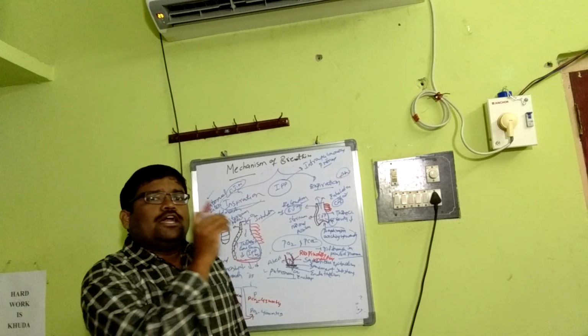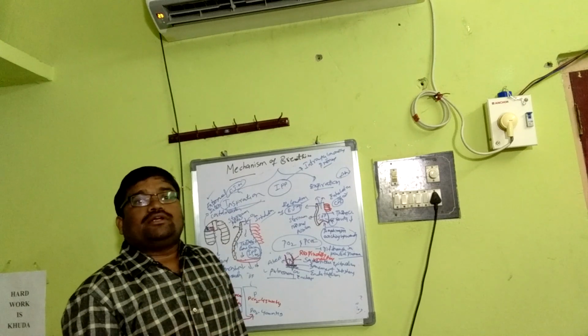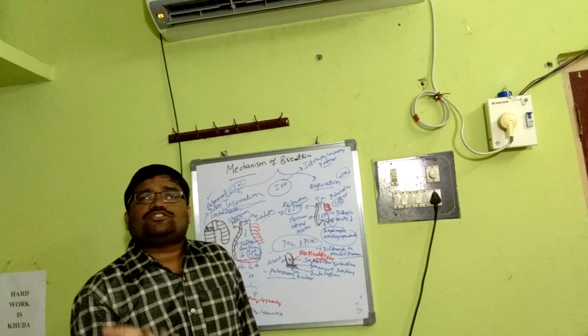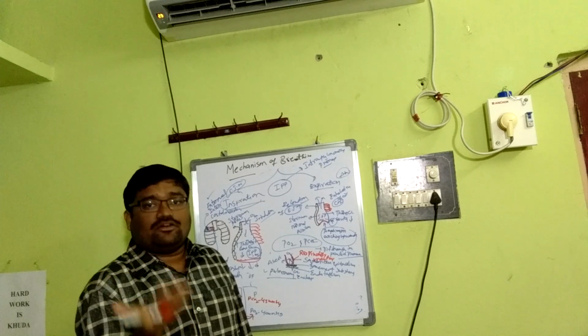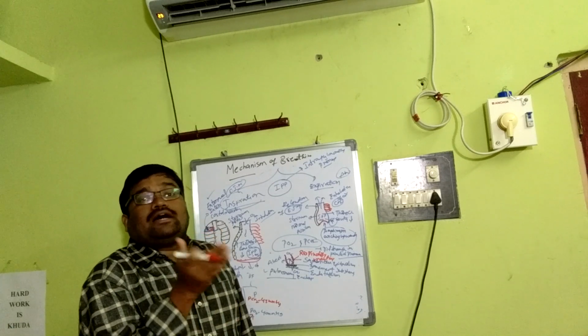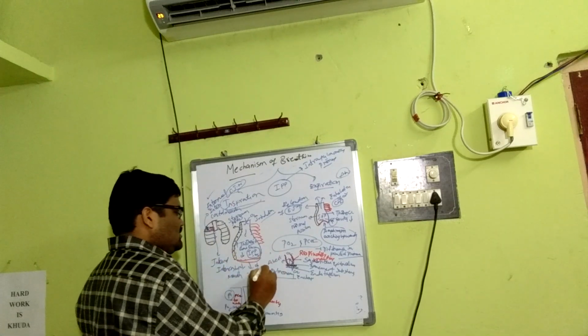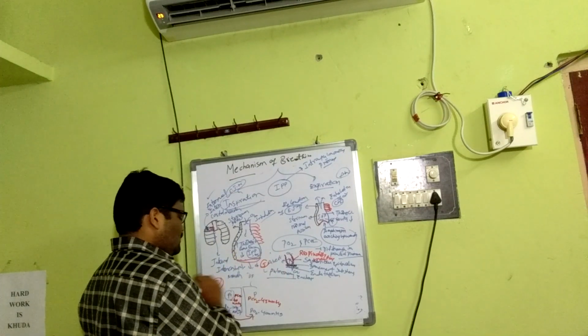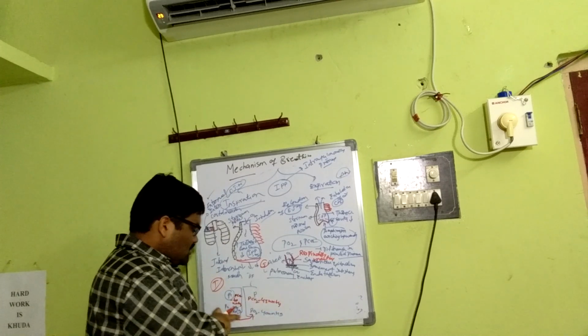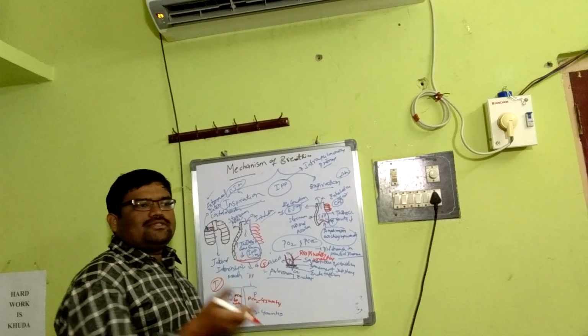The most important thing is the partial pressure, what we call the concentration gradient, and the solubility. Here, the solubility of carbon dioxide is 20 to 25 times higher than that of oxygen. That is why the amount of oxygen that is diffusing is higher when compared to carbon dioxide. Okay. So in the first step of pulmonary respiration, oxygen moves from alveolus to pulmonary capillaries. We knew that pulmonary capillaries means all the